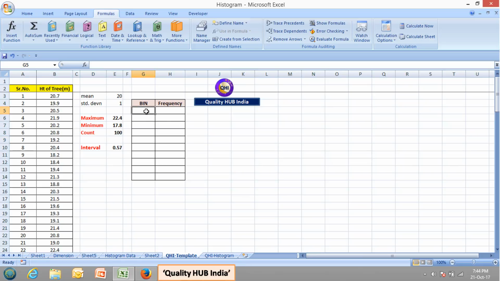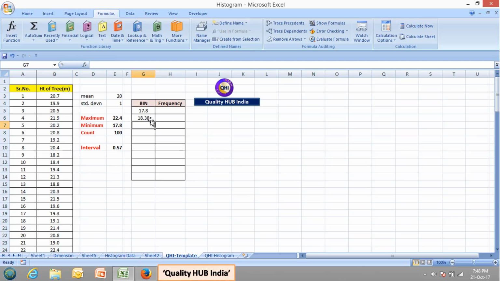So the first value in our bin column will be the minimum value, that will be 17.8, and the next value in the bin column will be the previous number, that is the minimum number, plus the class interval. Let's enter it. Now to identify the rest of the class interval from this area till that, let's put some formula over here in the second cell. Let's freeze this E10 value, which is class interval. So for that we will be placing our cursor here before E10 and then press F4. With that your interval is now frozen.